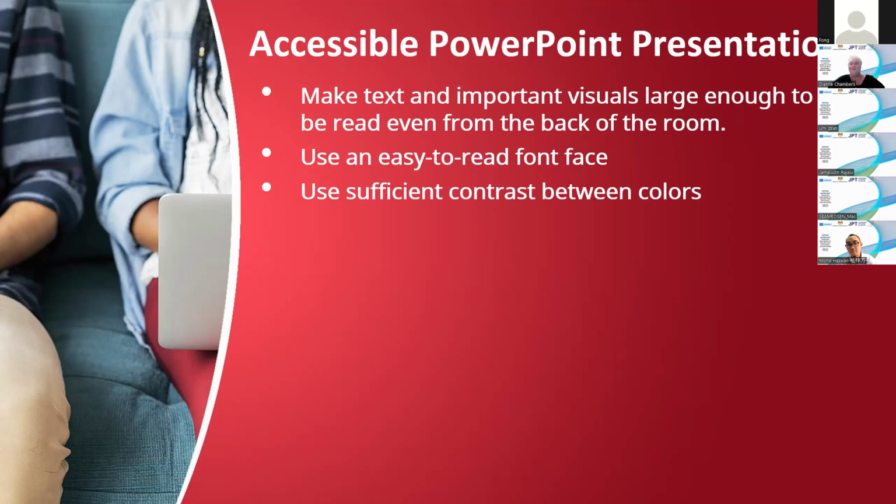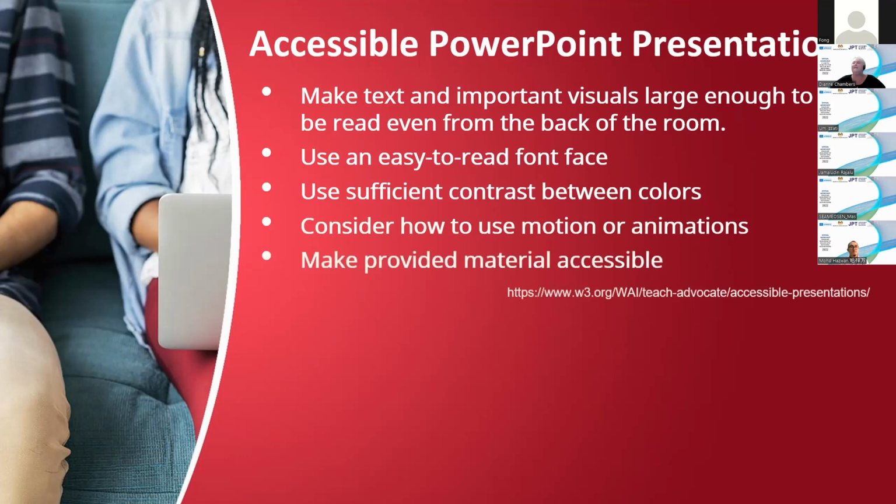But if I've got a student with visual impairment, you know, I need to make sure that the text is sufficiently large, but most people prefer text that's easier to read, and larger text is easier to read. It has to be an easy to read font, as I've discussed already. Sufficient contrast between those colors. Consider how you use motion and animation.